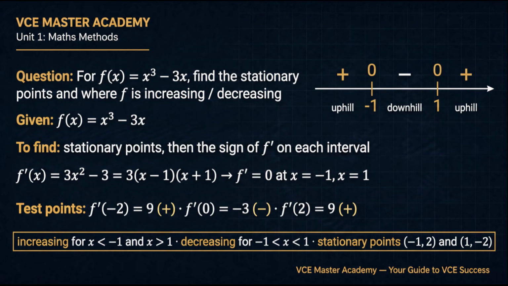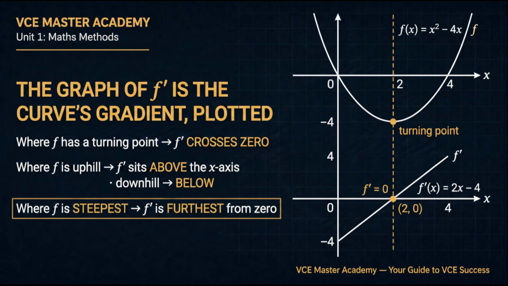That routine never fails. Now for the skill exams love: sketching the derivative's graph without ever computing a formula. Remember, f dash is a function too. At every x, its height is the gradient of f at that same x. So the graph of f dash is literally the curve's steepness, plotted point by point. That gives you 3 reading rules. First, wherever f has a turning point, the gradient there is 0, so f dash must cross the x-axis at